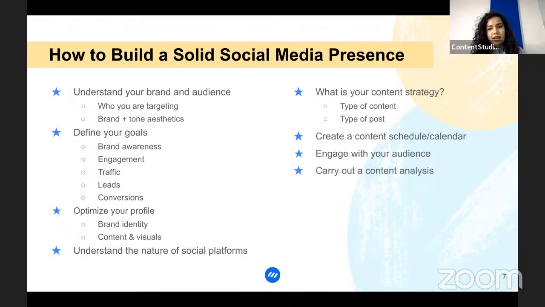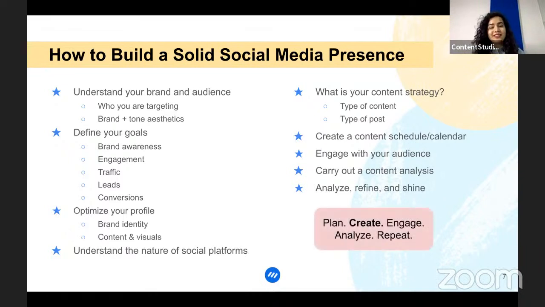You're going to carry out a content analysis, of course, if you want to keep improving your brand, if you want to keep making it better, keep making your strategy better, or the content you're posting out, you're going to want to keep analyzing it, what's working for you, what isn't. And lastly, when you analyze, then you refine, and then you shine,